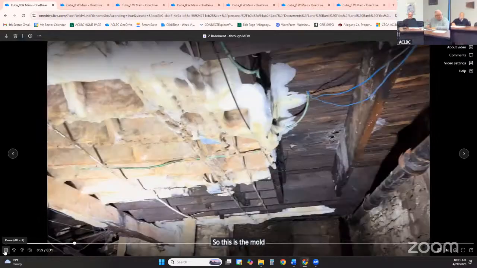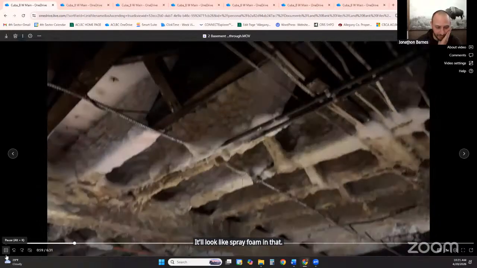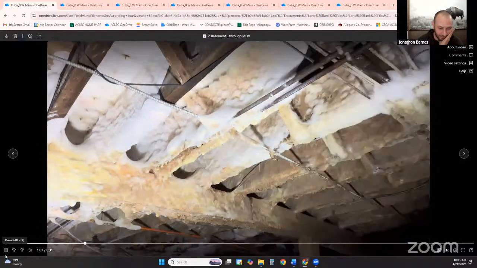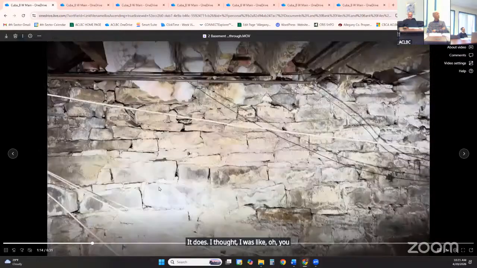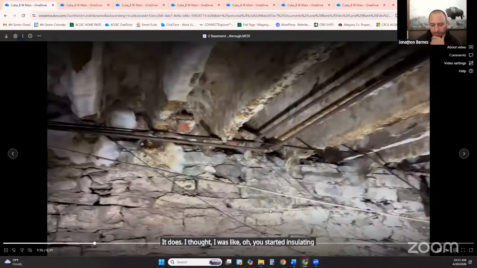Doesn't look like spray foam, does it? It does. I was like, oh, you guys started insulating it. They're like, about 3 seconds into that statement, I was like, wait a minute. That's not spray foam. So the walls were in good condition. They're going to need a little bit of touch ups here and there, not uncommon for most of these dry laid